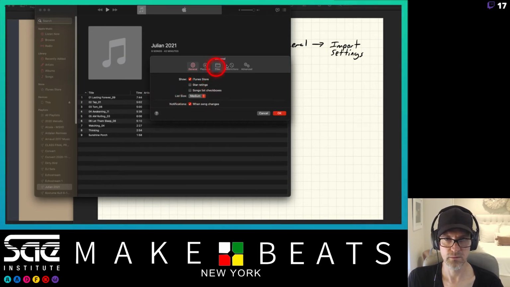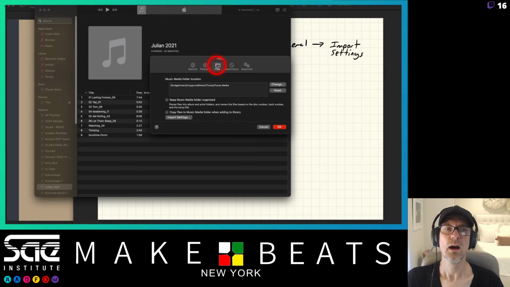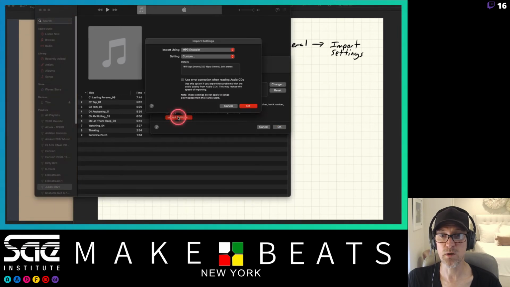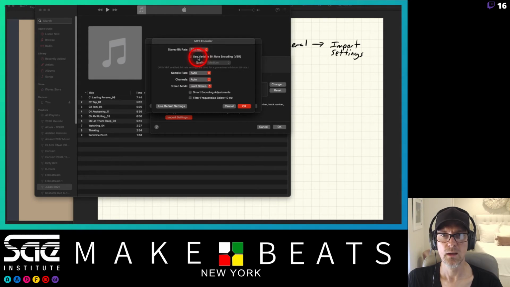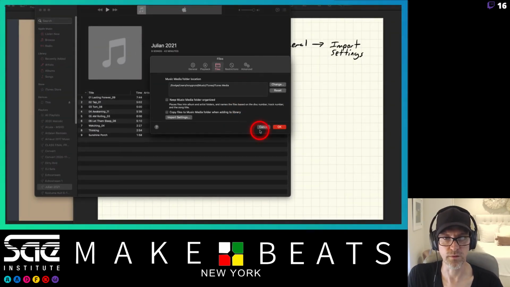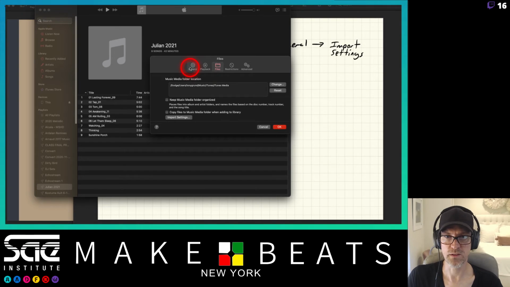and again, I haven't updated it because they keep changing stuff. Is it advanced? Where is it? Files. Yeah, under files, I will have to change this, I guess, because it's not in the same place. Under files, import settings, go to your MP3 encoder and go to custom, and change this to 320 kilobits per second. Okay, so let me just start over here so it's less confusing. I go up here to my music preferences, or you can just hit Command comma, pull up your preferences, go to Files, go to Import Settings,